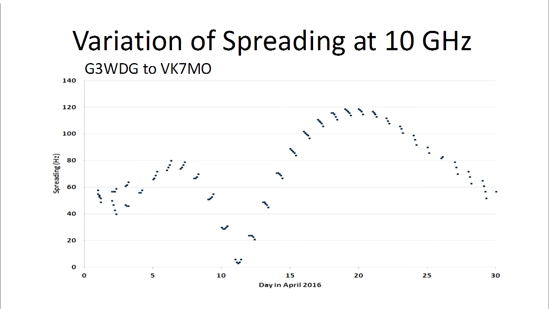You see, in this case, it's between me and the guy in England. Sometimes in the month, it's over 100 hertz spreading. Other times, it comes right down to just a couple of hertz. And that's when you want to do QRP. Now, that means you only do QRP once a month, and you've got to get it all right down to that at that time.